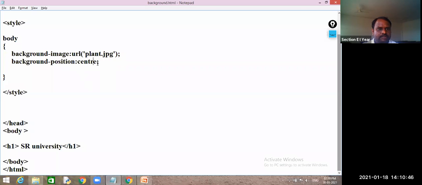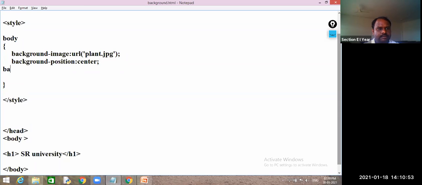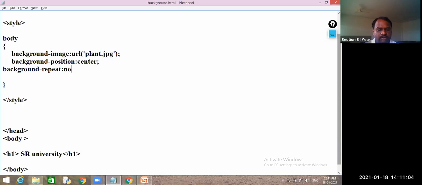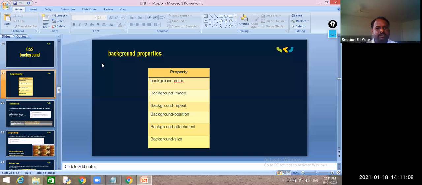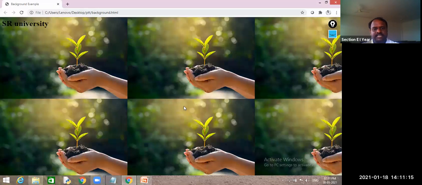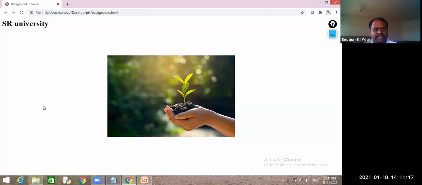Image, okay, no repeat, center. I don't want to repeat this image. Then what should I do? No repeat. Repeat equal to no repeat. So I have assigned this one. First we'll see this one. Right, center it has printed. Now this does not contain more data, so you won't get this issue.